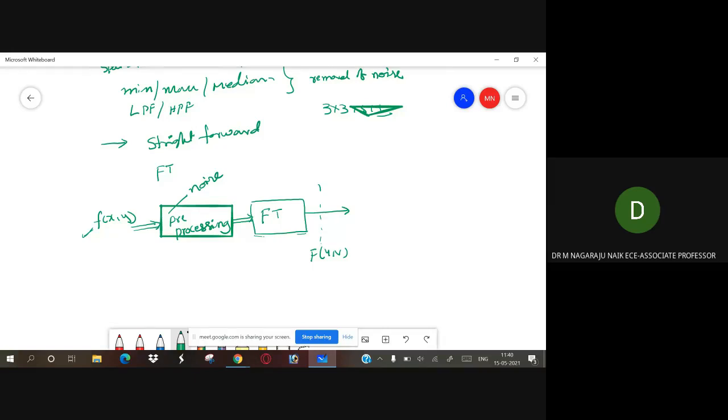Now after applying the Fourier transformation, you have to apply a filter function or a transfer function. That filter function is H of u comma v. You have to select the transfer function or filter function.